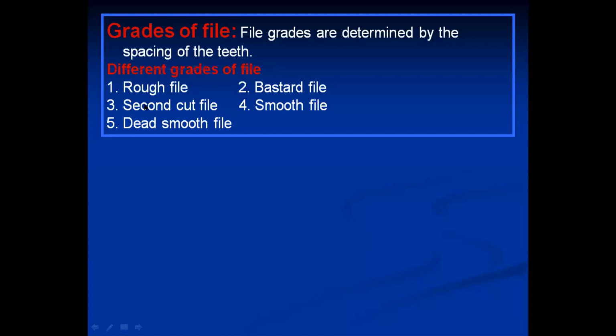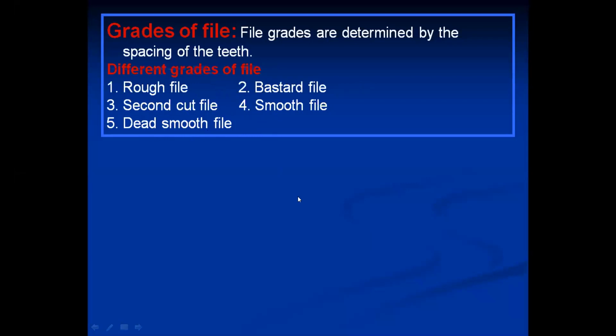See here, there are different grades of file. Number 1, rough file. Number 2, bastard file. Number 3, second cut file. Number 4, smooth file. And number 5, dead smooth file. So there are 5 types of file according to the grades.